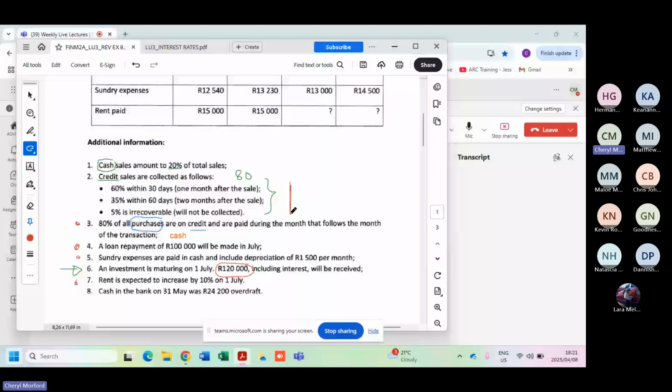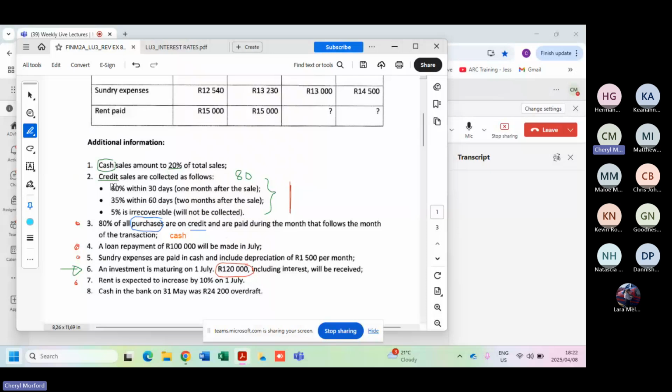If you're good at this and you trust yourself, you can do the workings in the budget like we did for cash. But I don't really recommend it because sometimes it just becomes a bit clumsy and you might look at the wrong spot and make a silly mistake. So I'm going to suggest we do a little table, one of those schedules like we did last week, and get this sorted. So let us have a look at how the debtors pay.